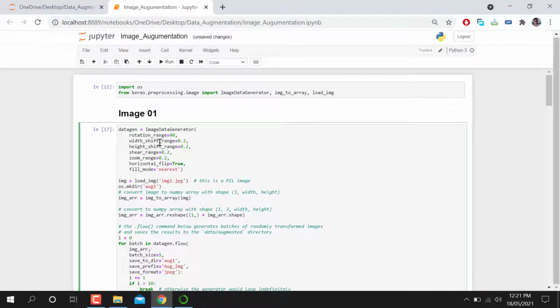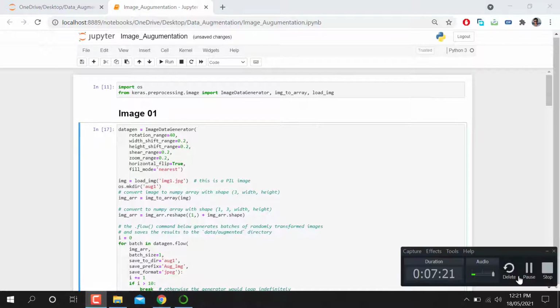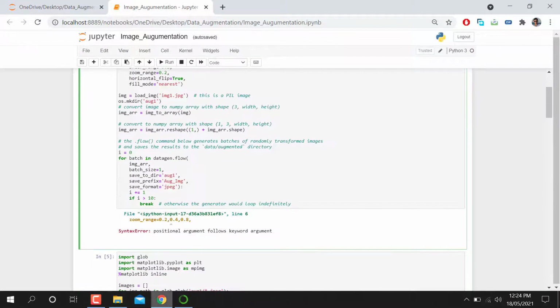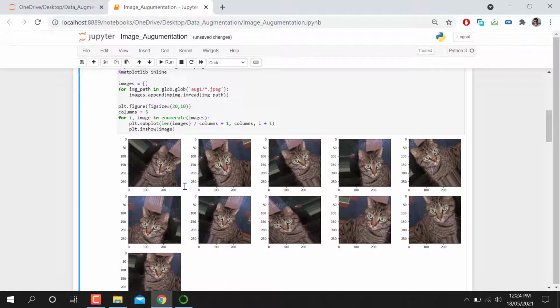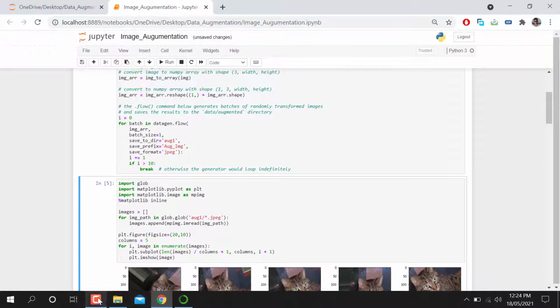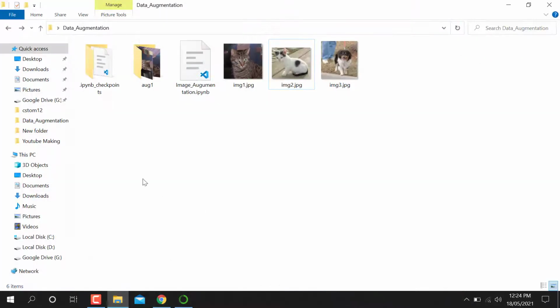So here we can also just increase it. For that we just need to change values here. I'm using 40, so this time I'm going to make it 90, and the zoom factor, let's suppose we make it equal to 8. So when I run this cell, you can see it makes a new folder here.